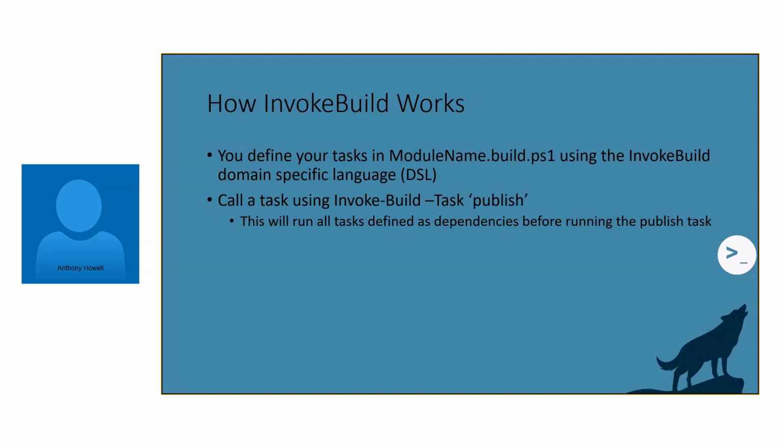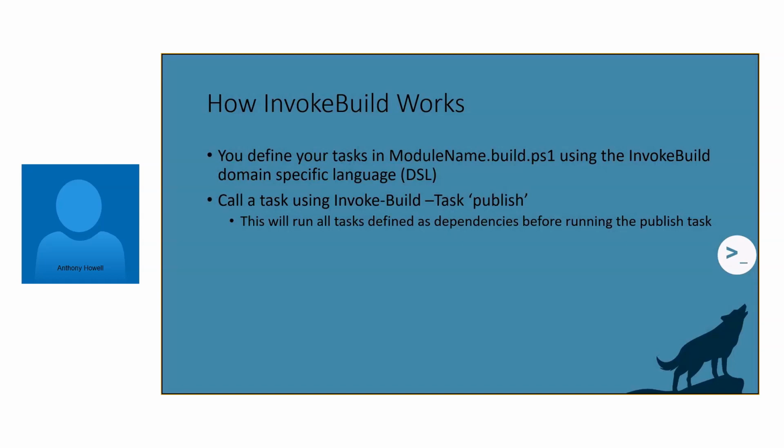So InvokeBuild works by defining tasks in your build file. So in this case, module name.build.ps1. So if we're talking about the test module we're working with, it's going to be test module.build.ps1. And it uses the InvokeBuild's domain-specific language, so DSL. If you haven't heard of DSL before, it sounds complicated, but it's actually really simple. And I'll demonstrate it here in just a minute. But you define those tasks, and you call a specific task using Invoke-Build and specifying the name of the task. And this is the simplest usage of